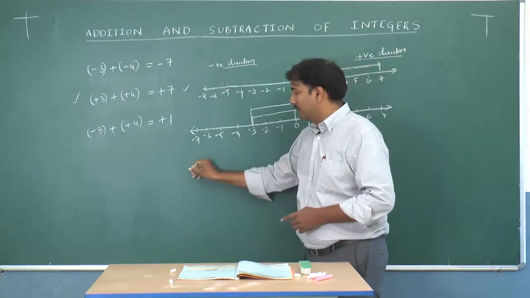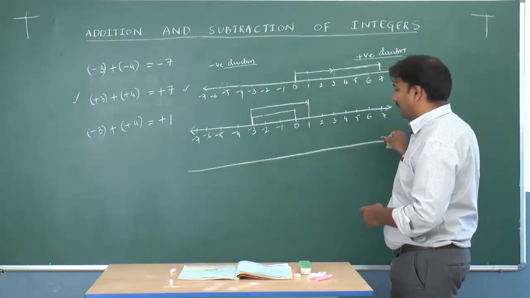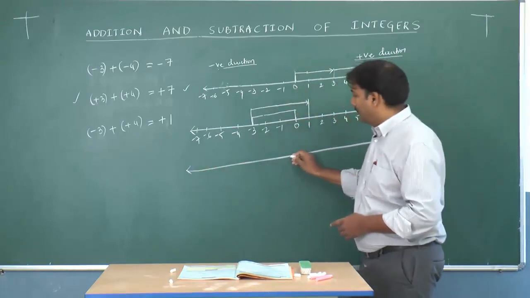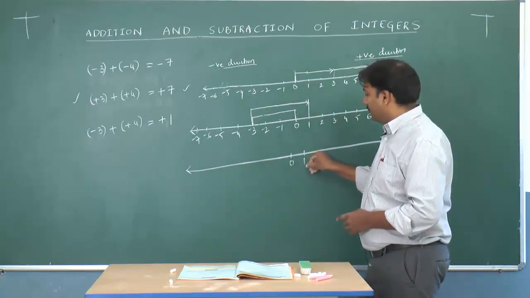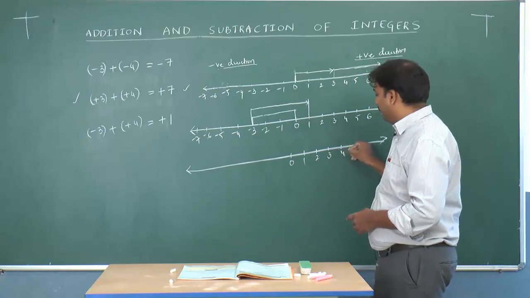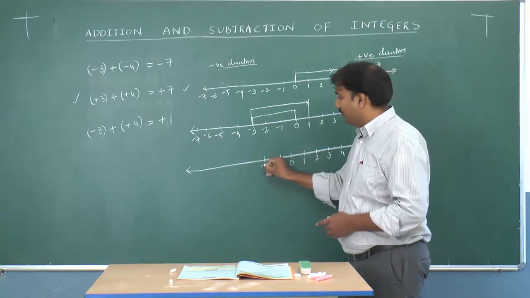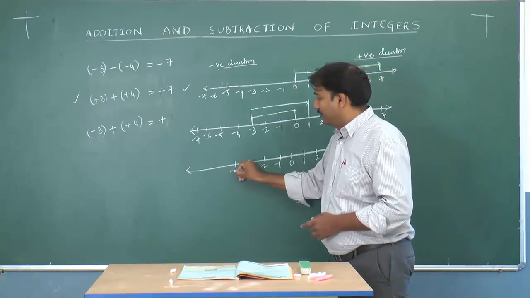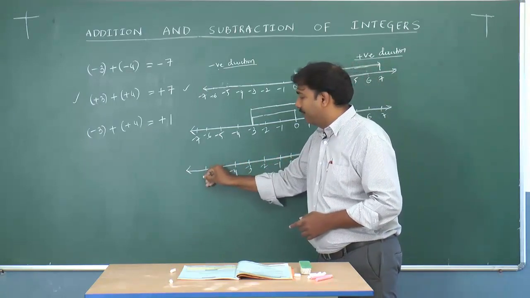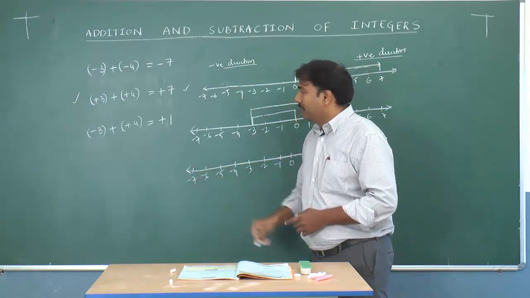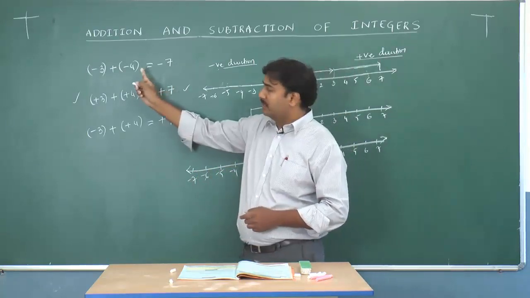Now in this case, if you want to represent that on the number line, let us see how to represent that on the number line. So 1, 2, 3, 4, 5, 6 and 7. Same way, minus 1, minus 2, minus 3, minus 4, minus 5, minus 6 and minus 7. Now let us start applying this third rule